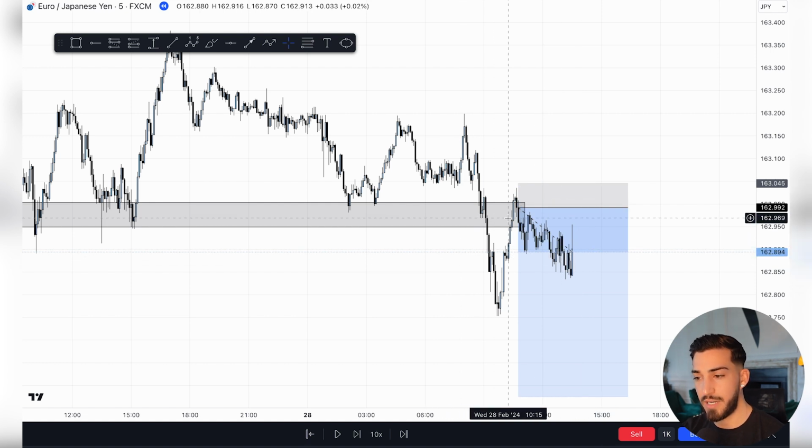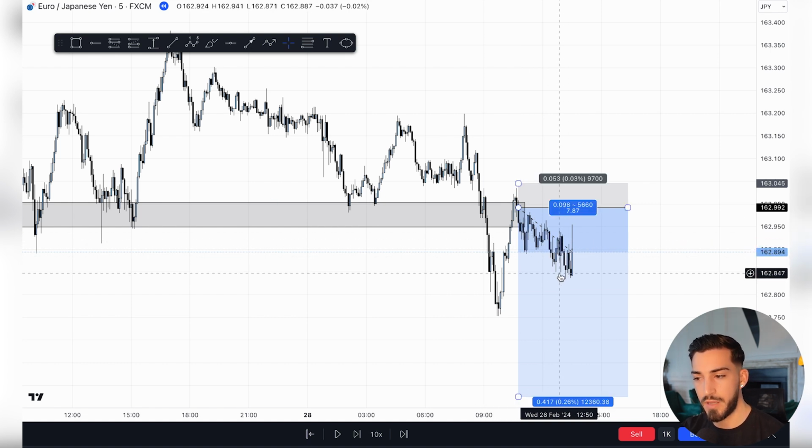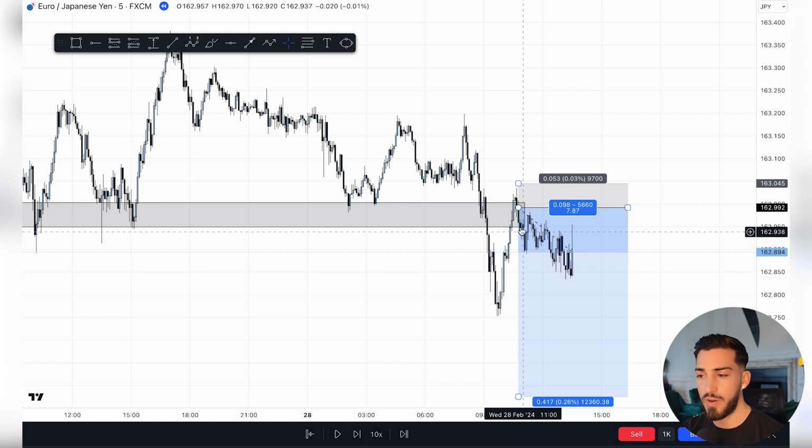So I saw that sellers who are entering this market should not be in this market. And I took advantage of that by allowing this correction to form and taking a buy position soon, which I'll show you. However, if you were a seller in this market and you took a sell position from this high